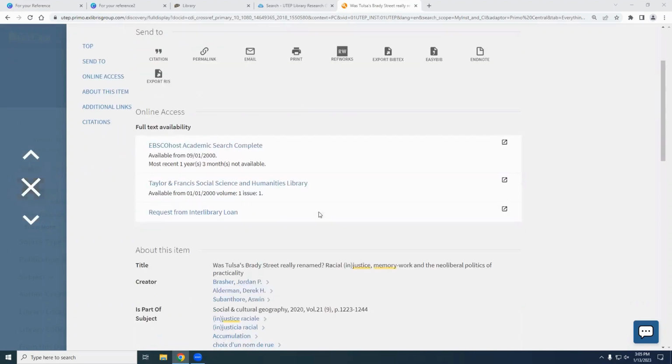Anyway, like I said, there's a handful of different ways we can get to interlibrary loan. I want to mention this one just because it's up. I know I mentioned it before already, but there's this option right here where you can request from interlibrary loan from a record. So let's just say that this was a physical book and it was checked out, that interlibrary loan button is going to be great.